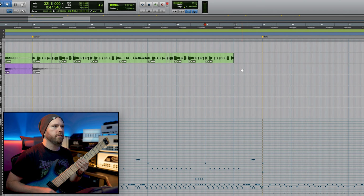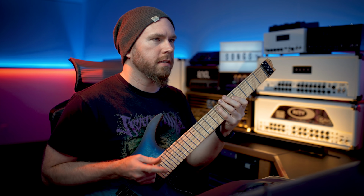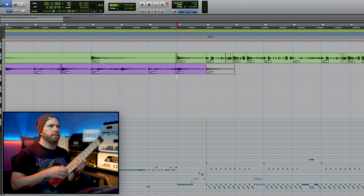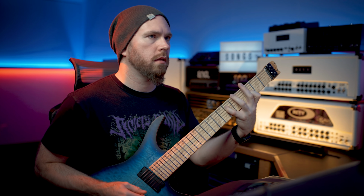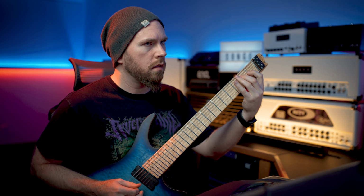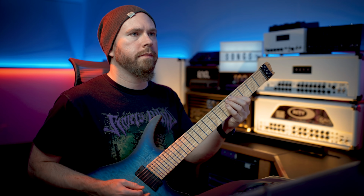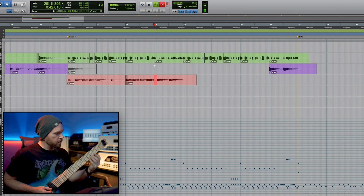Good enough for now. For the second half of the verse, I'm gonna do the same as the first half, but I'm gonna end it differently to get us into this solo. I think I can actually play the same lick. But now it's gonna be over a different chord. Gonna sort of fill out this part with a second guitar part, kind of a lead guitar part. And I'm gonna take it up because here we had going between the root and the third. Now I'm gonna take it up between the fifth and the...